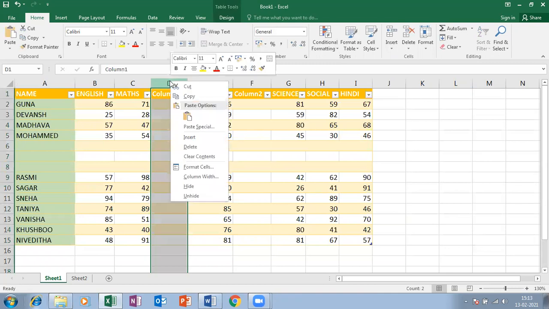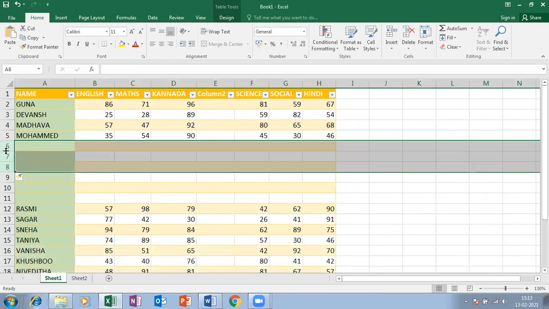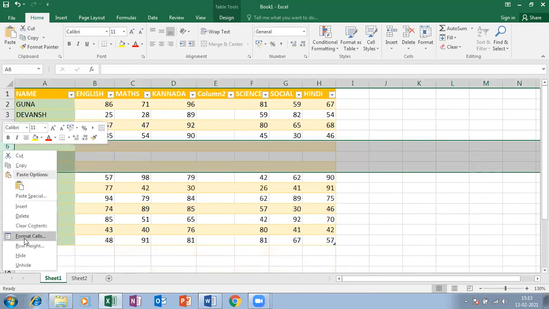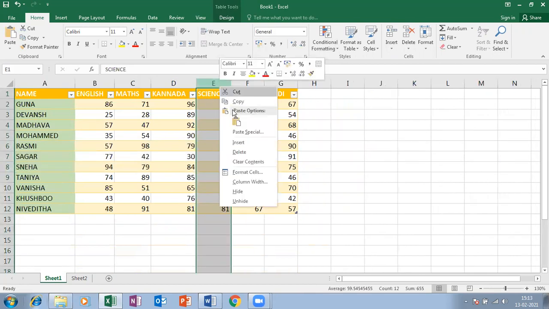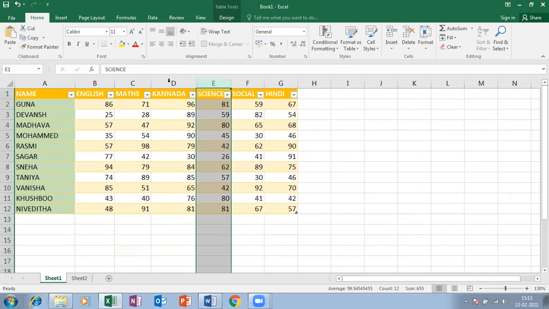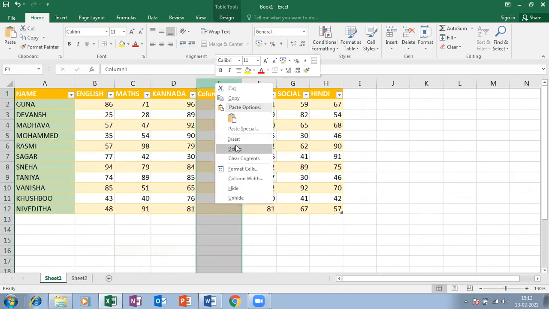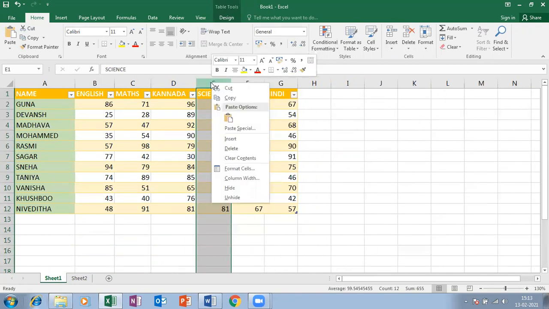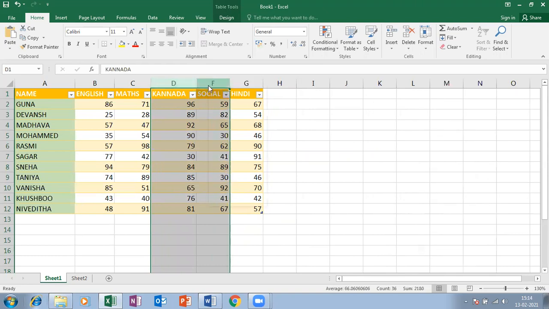So now right click, delete, right click, delete. Sorry, insert a given, right? Delete, delete. So very simple, right click, delete. So first we are going to insert and then we are going to delete it. So if I want to insert a column between D and E, then I should right click on E column and right click and delete. If I want to hide E column, right click, hide. If I want to unhide, just select D and F together, then right click unhide.